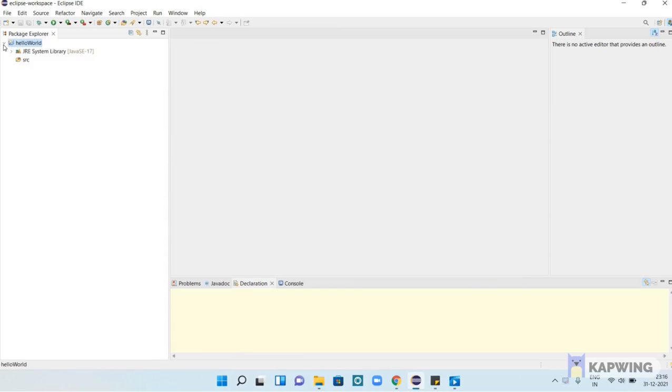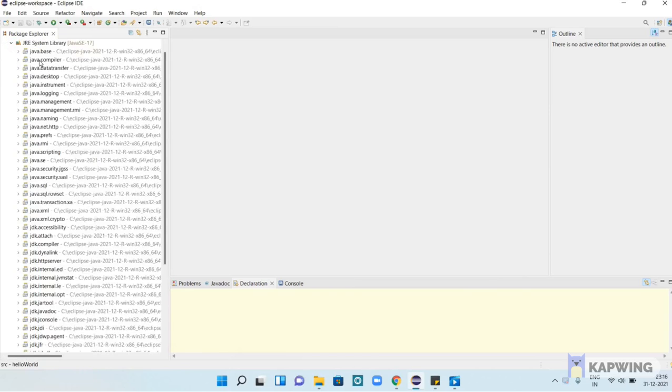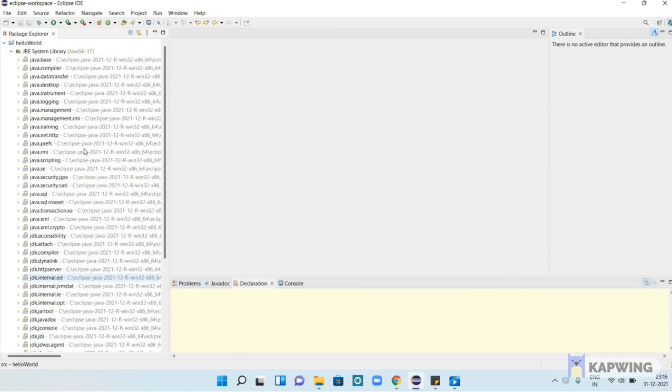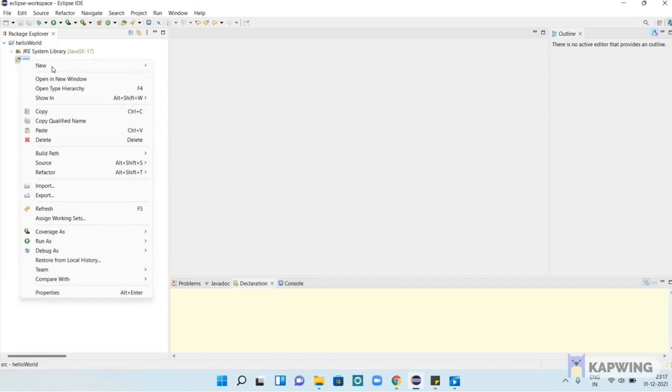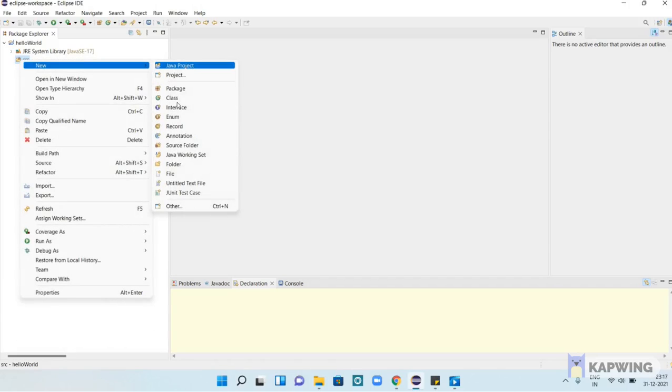Inside src, before creating a class, all these files are displaying here, which means Java is installed, Java 17 it's showing. So let's quickly create a class, and then we'll print hello world.